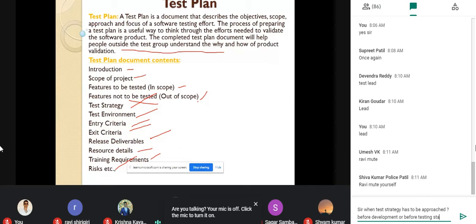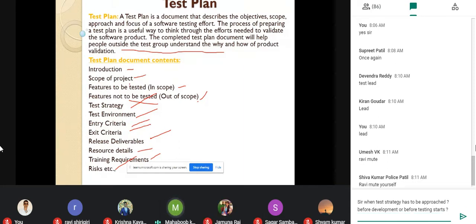So what you need to do? First, the interviewer asks you, can you tell me some contents in a test document which you have seen? So try to tell at least 5, then stop. If he asks a few more, then try to give 3. Then if he asks 3 more, provide those.